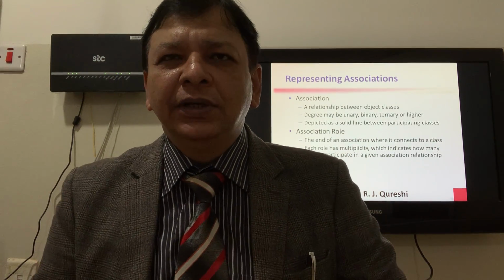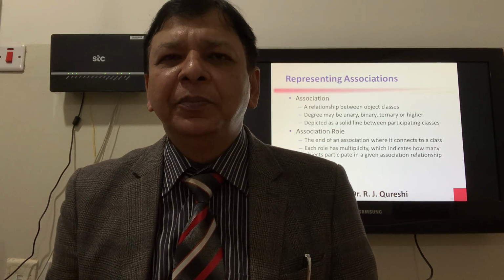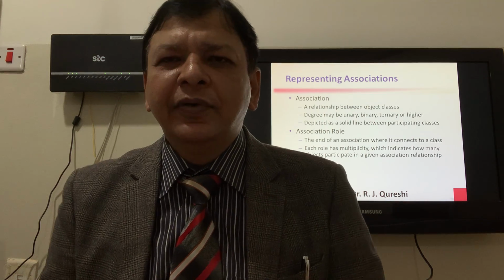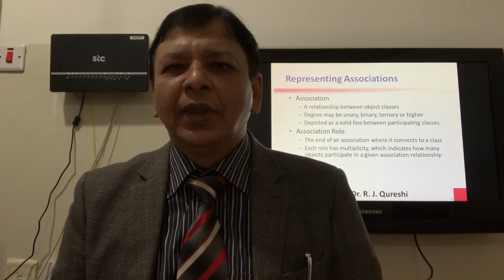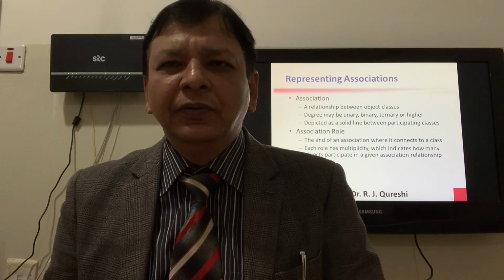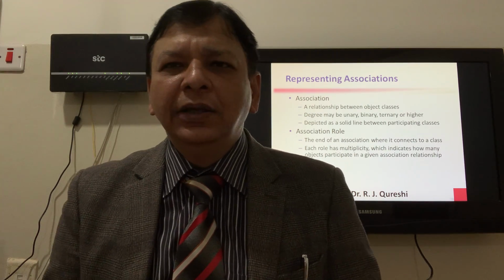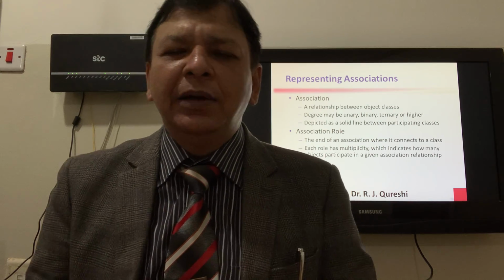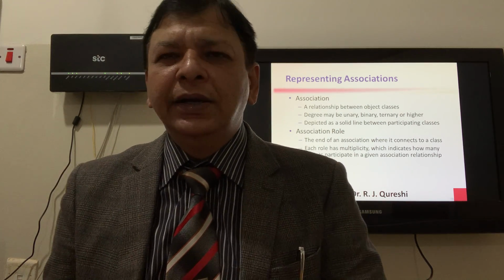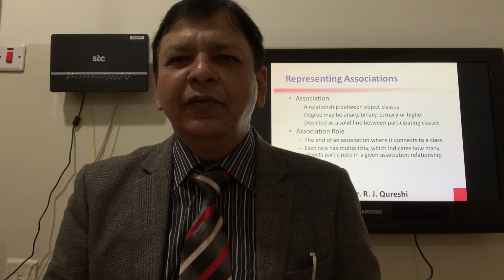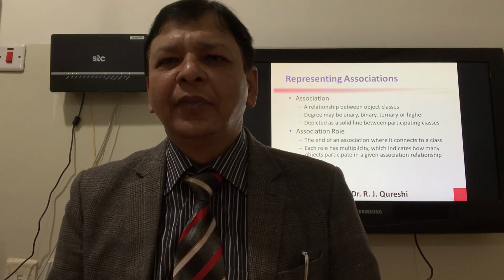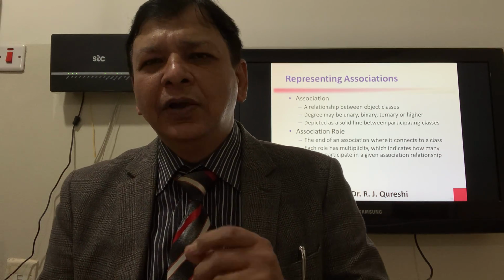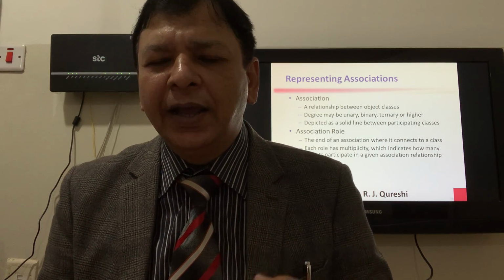Then you have association to show relationships between objects. Like in an ERD diagram, we have cardinality and we have degree. Cardinality, for example, one to one, one to many, many to many. But there is a difference in symbol between ERD diagram and UML. In ERD diagram, we show crowfoot, but here we have a star symbol to show many. One is the same, written as one.